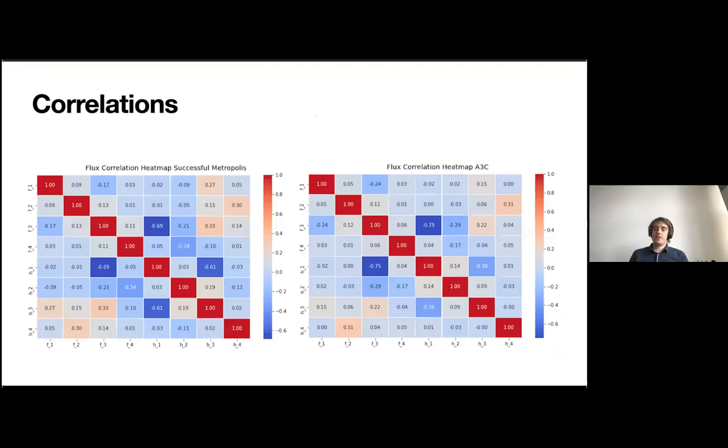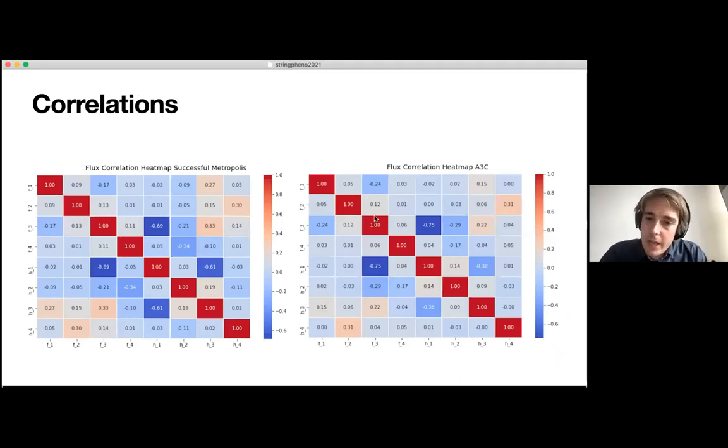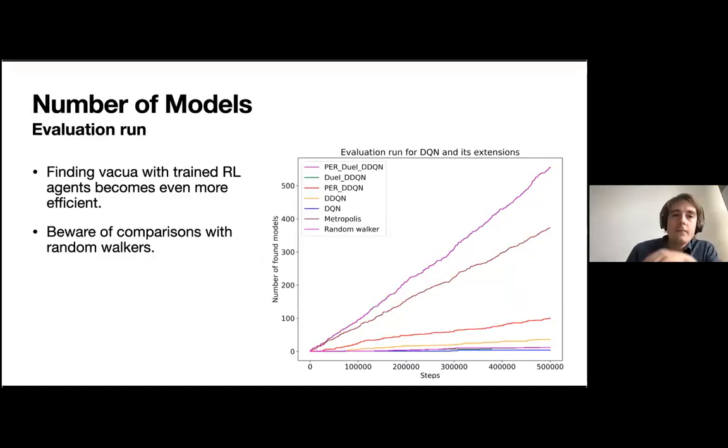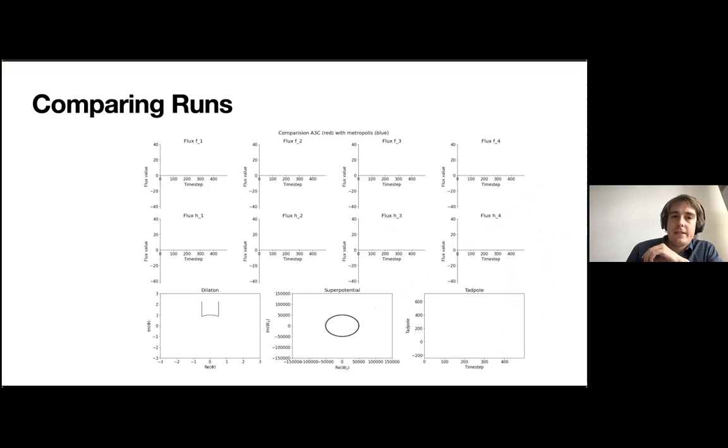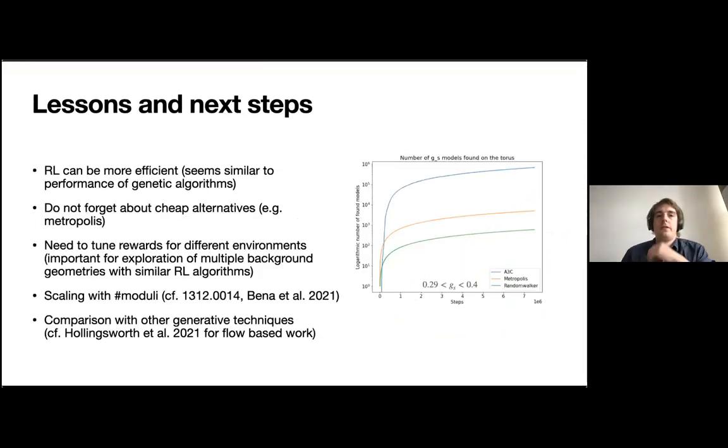Okay, just let me flash these things, and then we can go into questions. One is that you can then look at the correlations among these, and these structures I don't think people have seen before. Let me skip this. Let me say something about the lessons and next steps. So I think this is interesting.